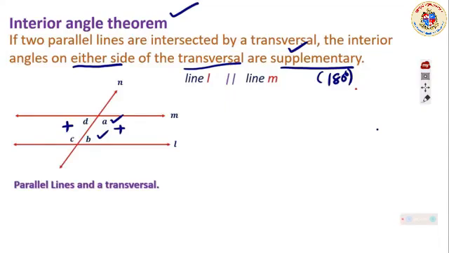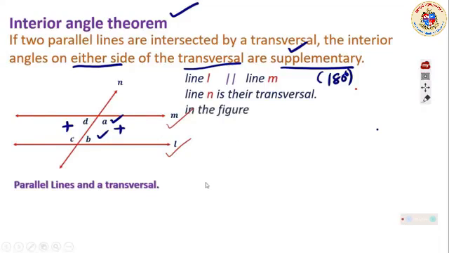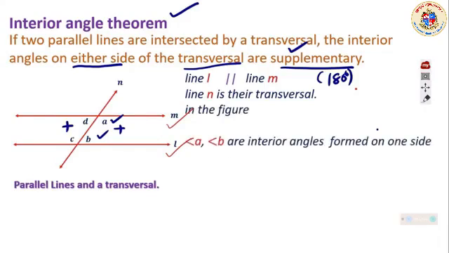Let us name this as line L and line M, and N as transversal. That is what is given in the figure. And let the angles A and B are interior angles,